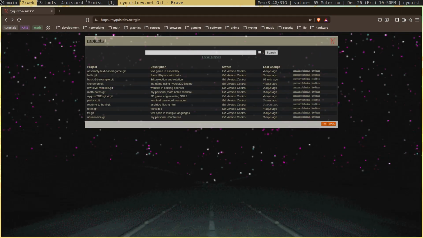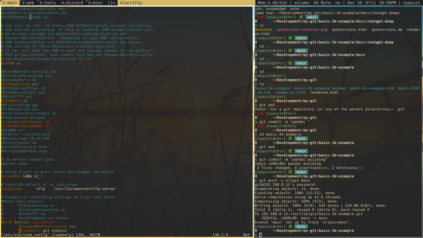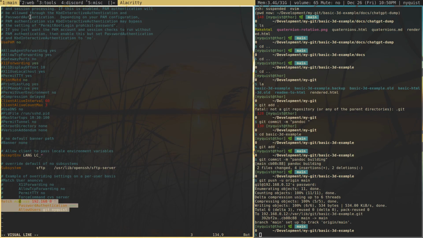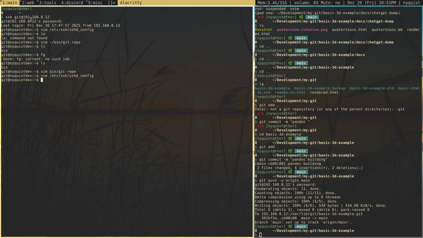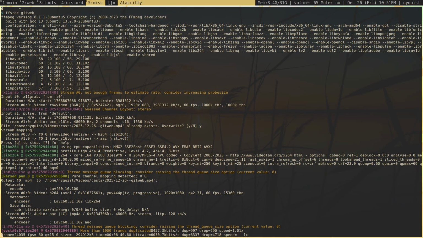But yeah, and then I did SSH. I think it'll still let me edit. Look at this file. I only allow password authentication if I'm accessing this website from a local IP address. Otherwise, password authentication is off, and I use a public and private key to connect to this server through SSH. So yeah,